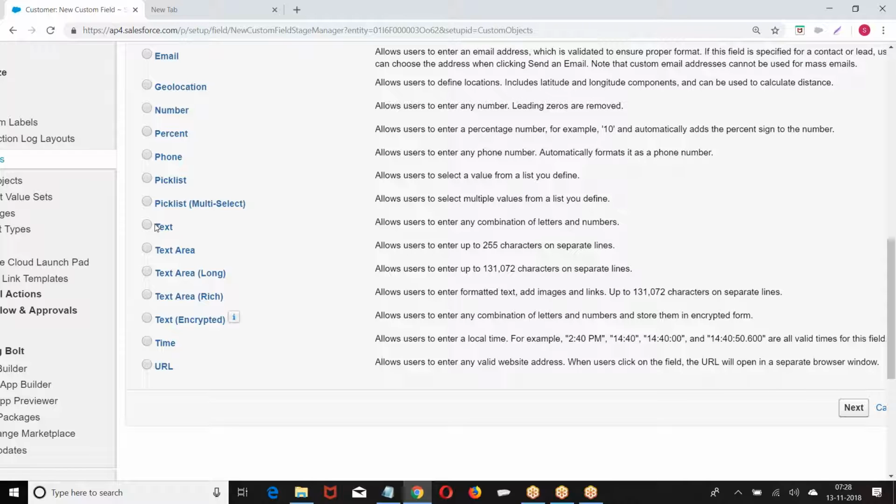What is the default length? 32,768 characters. Right? Now, what is the difference between text area and text area long?